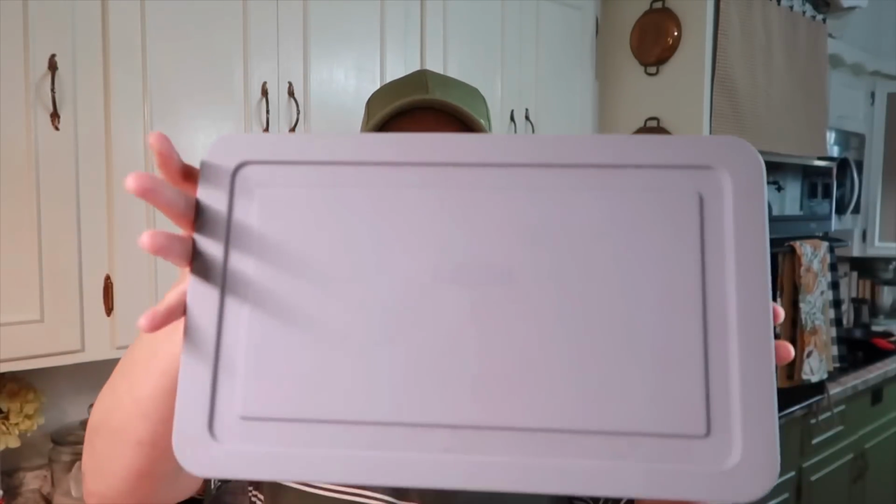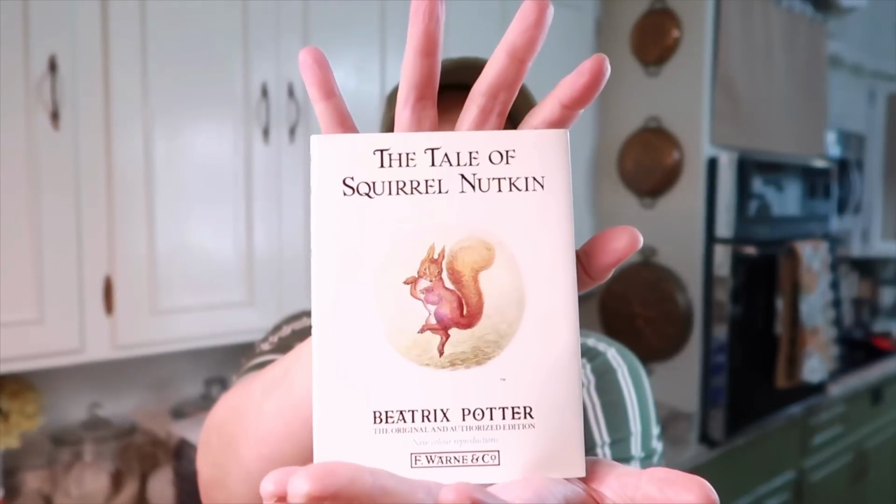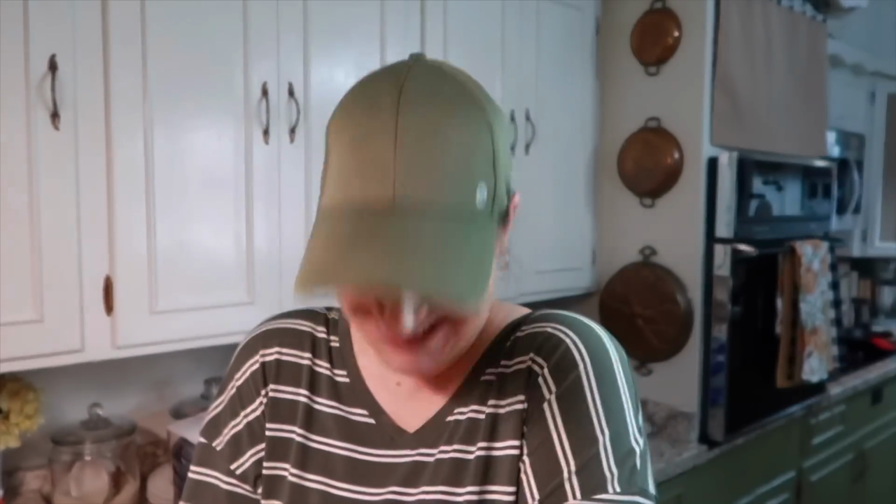So I got this. Okay, so I passed by the book section, and what got my attention was this cute little The Tale of Squirrel Nutkin. It is so adorable, and I thought that this would be...